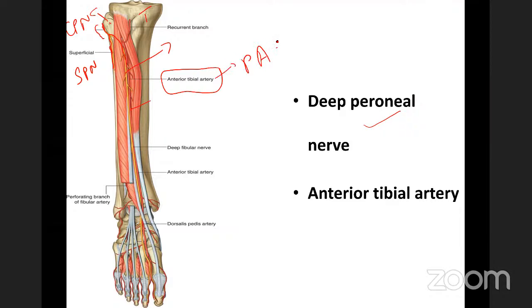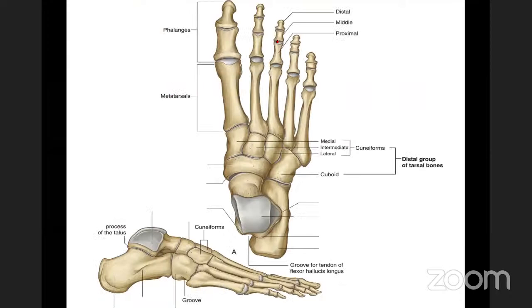Now we will just discuss the names of the bones present in the foot. Later we will go to the attachment of the muscles. So this is the skeleton of the foot and this is the dorsal aspect. The bone you're seeing here, this is the trochlea, this is the calcaneum, and what you're seeing here, this is